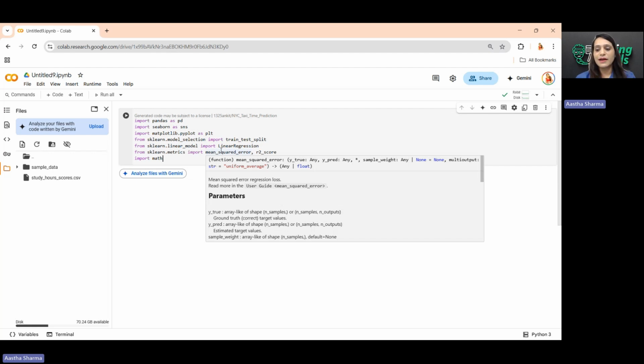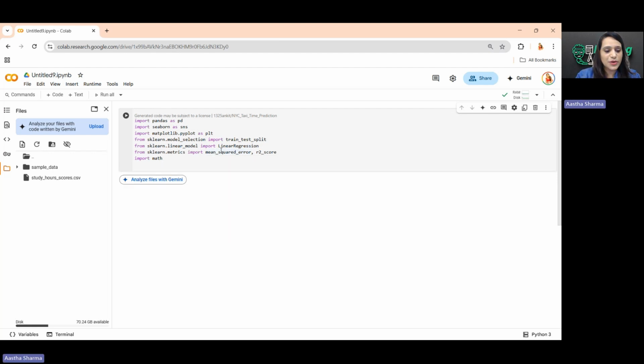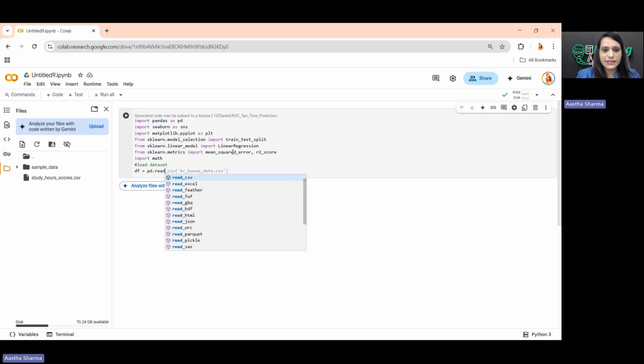Let's quickly get started with how you are going to fetch and read the data. So libraries we have done. I am going to put that and load the data set by using pandas. So we are going to create a data frame. df is equal to pd.read_csv,